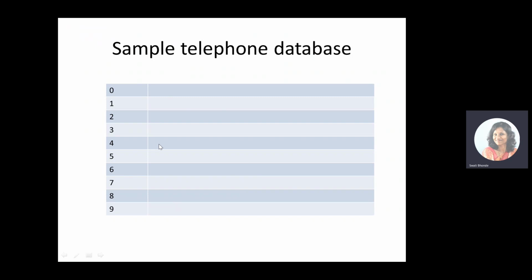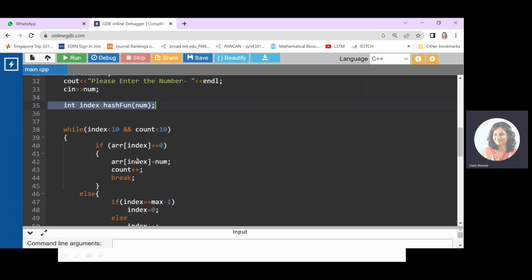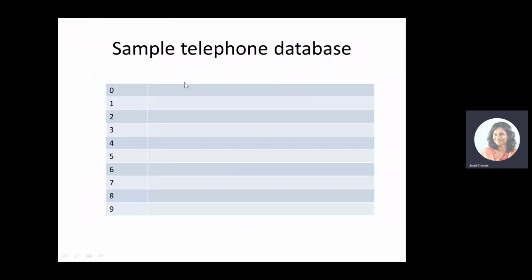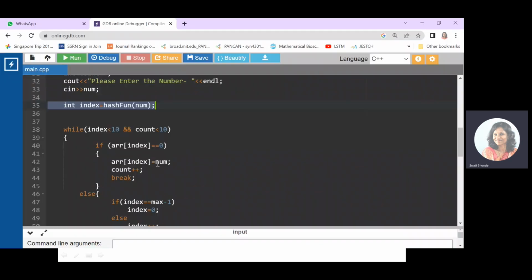What it means is that I have to insert that mobile number at the fourth location in the hash table, right? So if the function returns 4 and if this array index location 4 is empty,